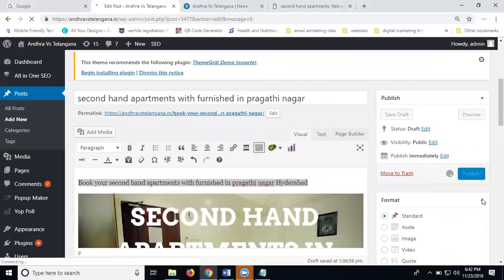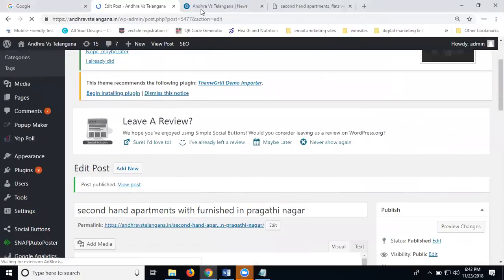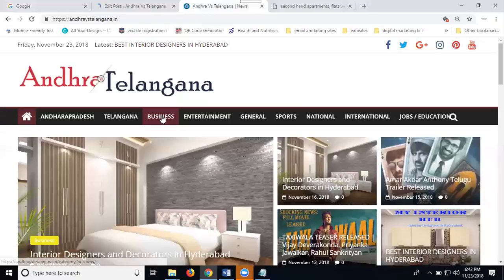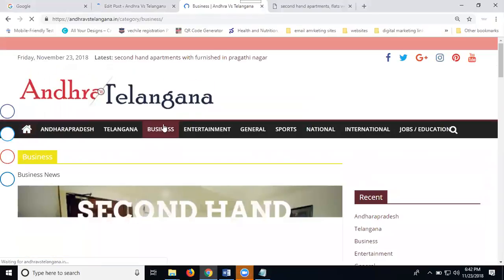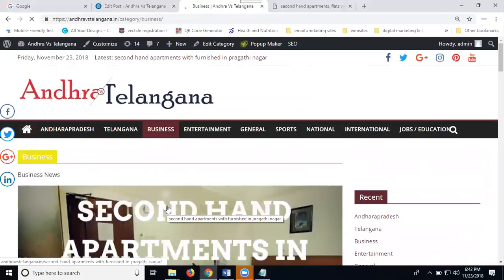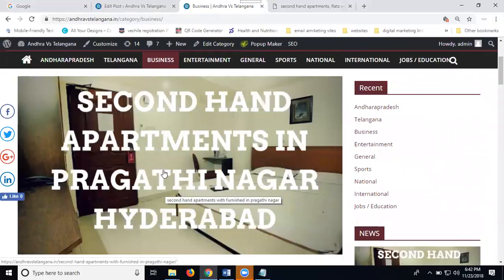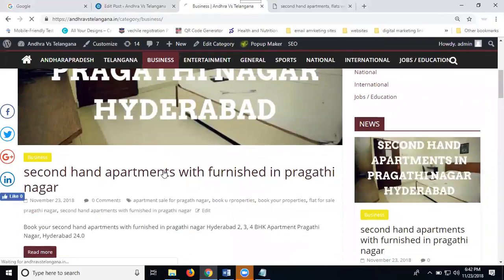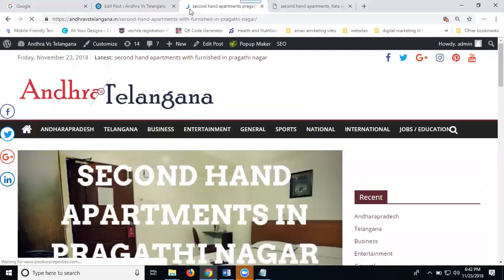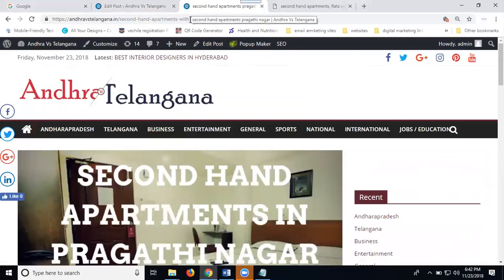Now, where I'm setting the menu name called business, go to the option and search your business. Check whether this is available or not. Is there a first post? How to understand? Based on the uploaded image. Now click the content. How is the title? Second hand appointment Radhanagar. Coming to the description, it covers flats, plots, and appointments for sale in Radhanagar.